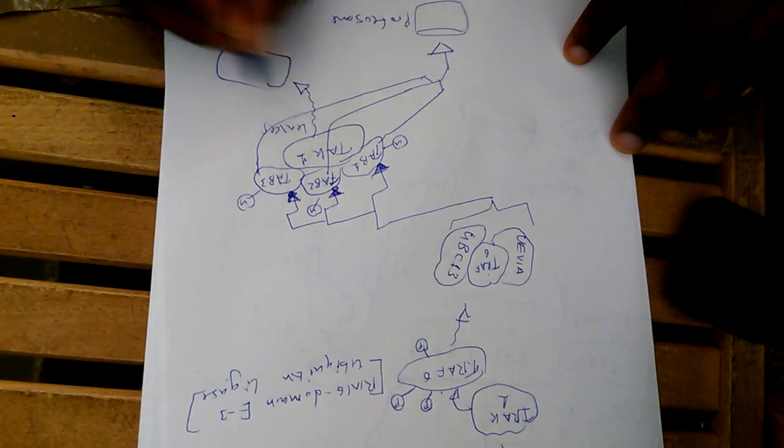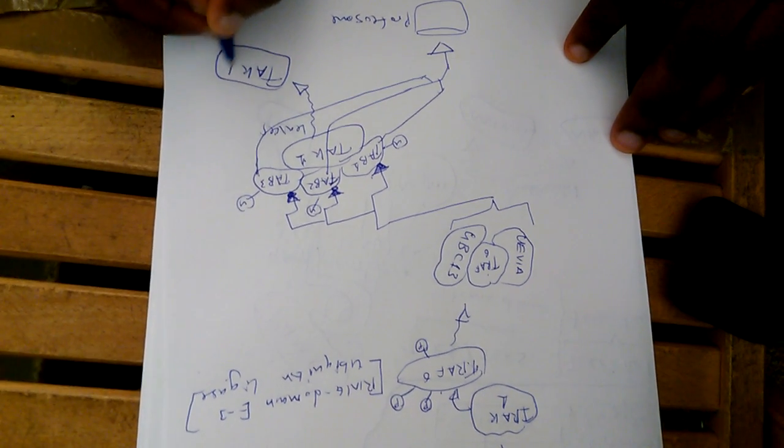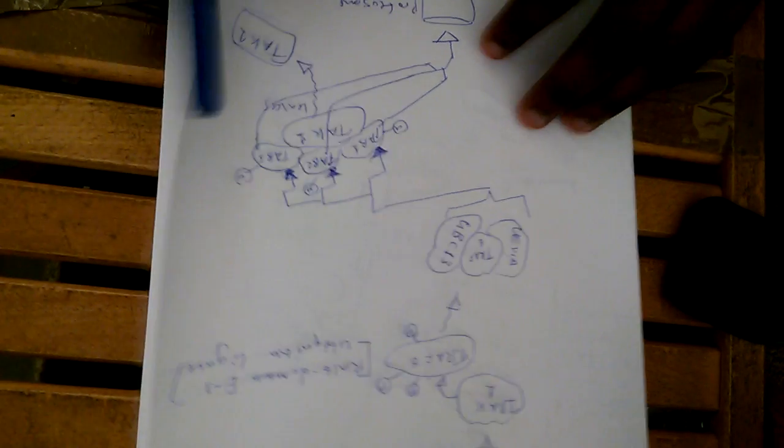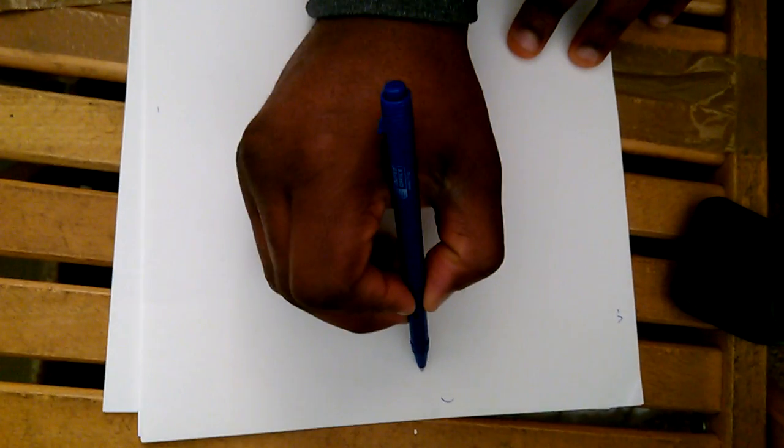Now, when TAK1 is free, oh boy, it does several things. It does two things, and this is where the story becomes a little bit more interesting. When TAK1 is released,